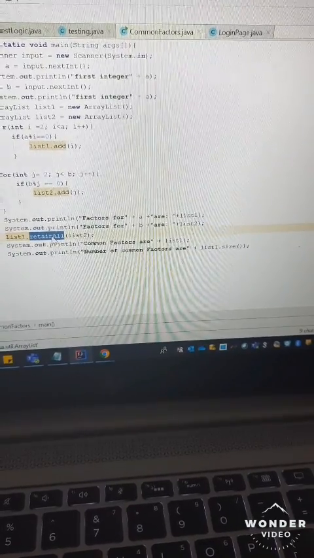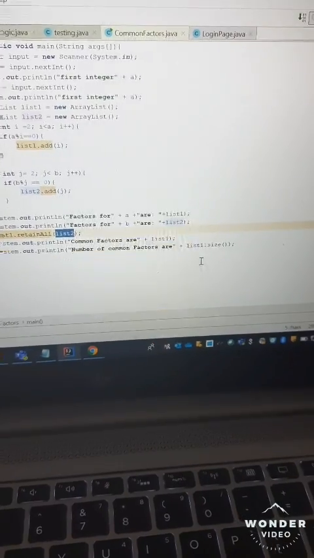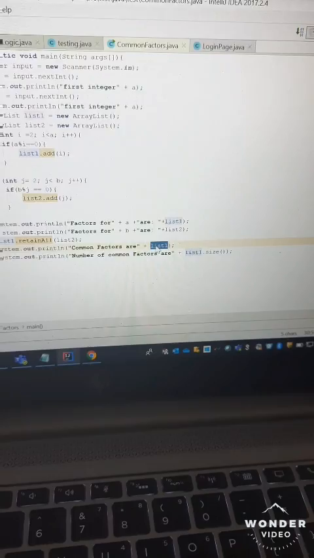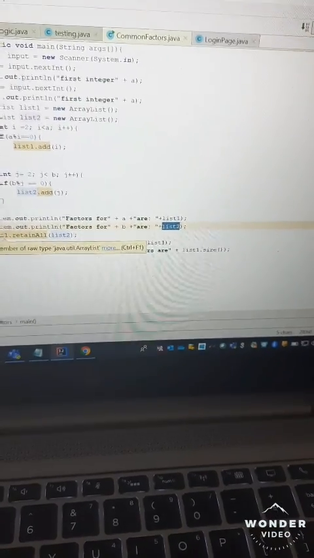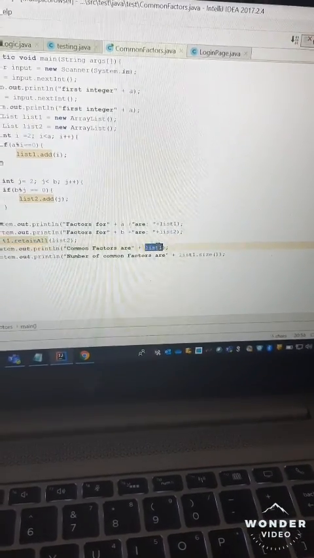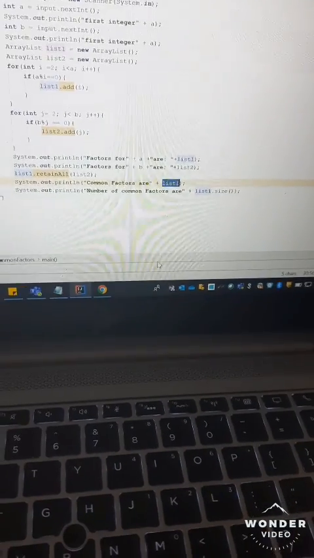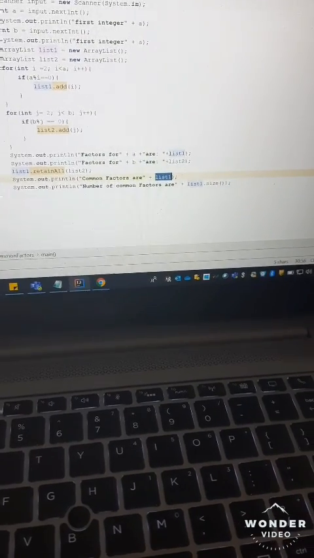So with list 1 retainAll list 2, when we print list 1, it will only contain common values. For example, if list 1 has 1, 2, 3 and list 2 has only 3, when I do this method, I will have only 3 in list 1. So let's execute this program and see whether it gives our intended output or not.